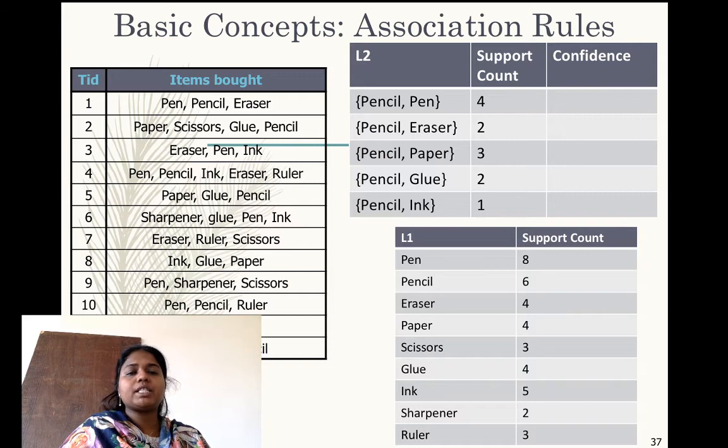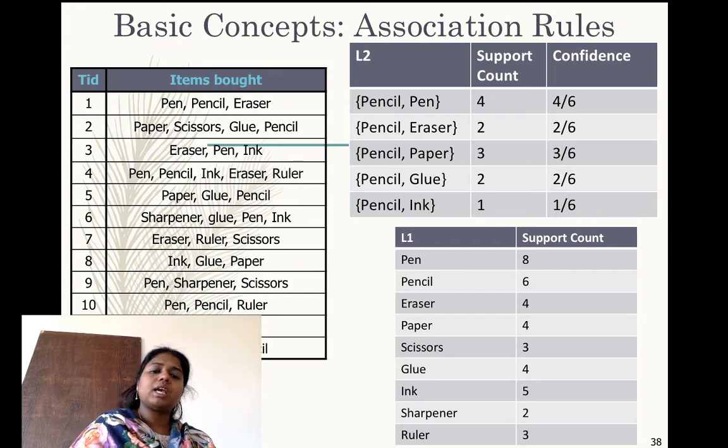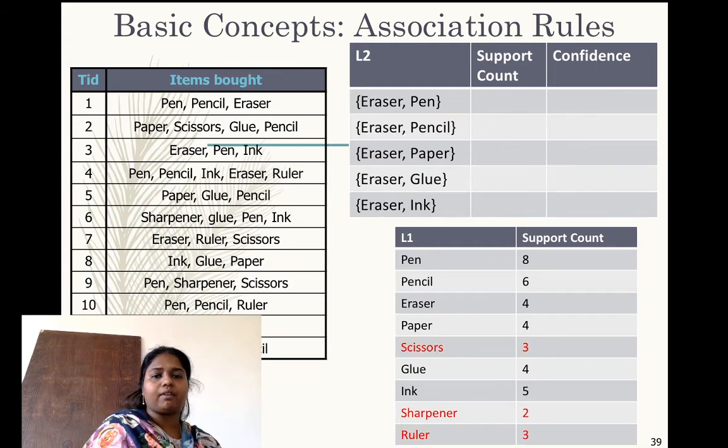So the denominator of my confidence for all these combinations is going to be 6. So it is 4 by 6, 2 by 6, 3 by 6, 2 by 6, 1 by 6. These are my L2 item sets for the predecessor pencil. The same way for predecessor eraser I can find,